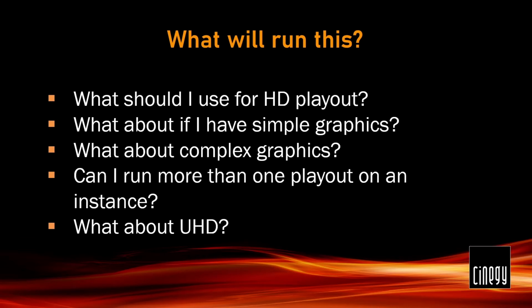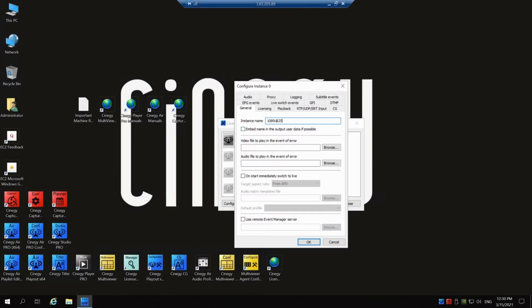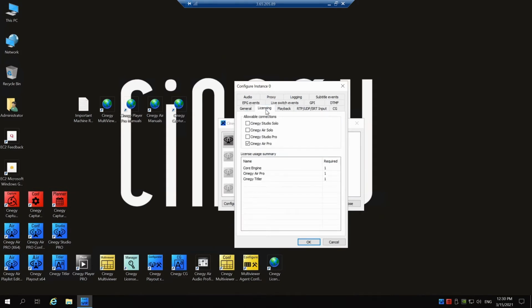Obviously, to carry out these load tests, I need to use a configuration for the player engine, and there are lots of options here. I have chosen a config which I feel is representative of a cloud playout, and this is going to be the base config, which will then be adjusted as necessary with any changes called out. Let's quickly run through this config. I have an instance name set, and under licensing, I have simply added the Cinegy Air Pro control option. Moving on to the playback tab,